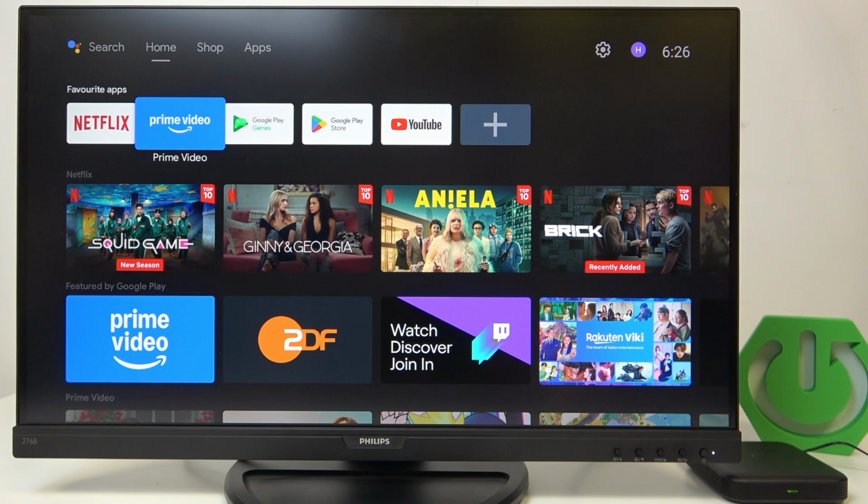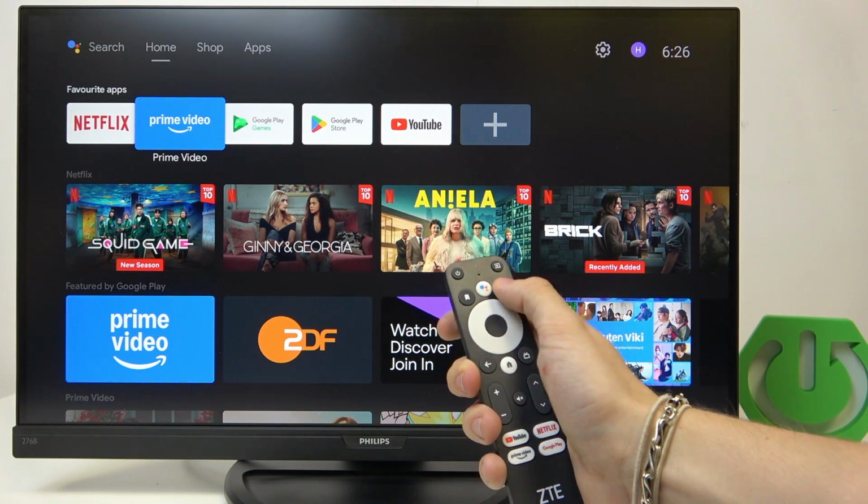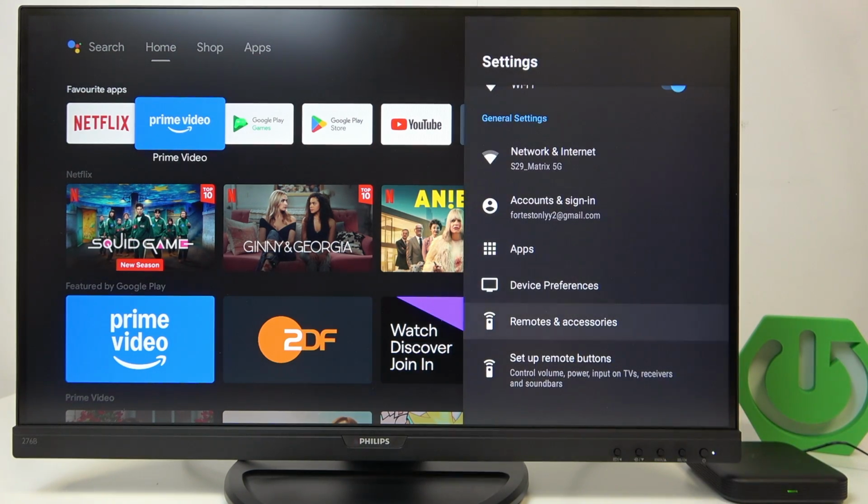Switch access is an accessibility feature that allows users to interact with their devices using one or more switches instead of the remote. And it's particularly helpful for people with motor disabilities or other impairments that make it difficult to use a standard remote. To enable it, you'll need to click on Settings on the remote, then go down to